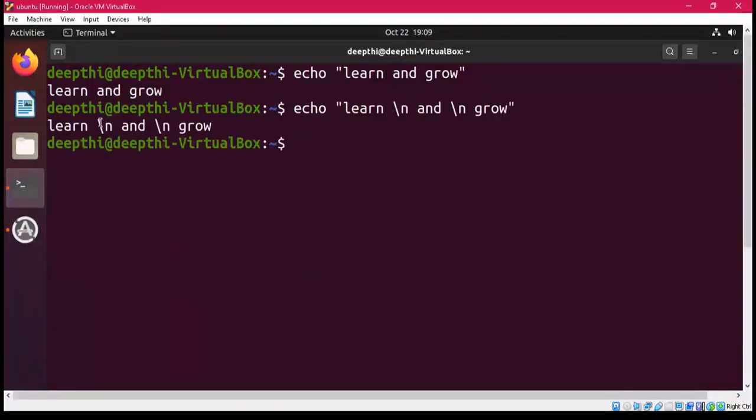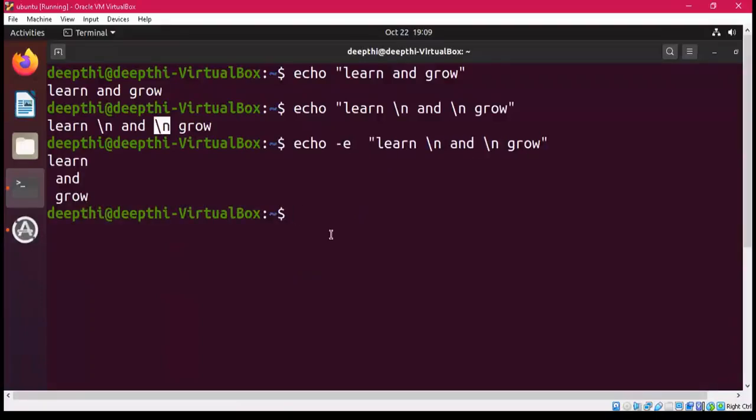You can see that \n is not enabled, and for that I have already told you the option that we use here is -e. Now after that you can see the change. You can see learn on one line, then \n is creating the next line, and then grow. So in this way, learn and grow are on different lines.